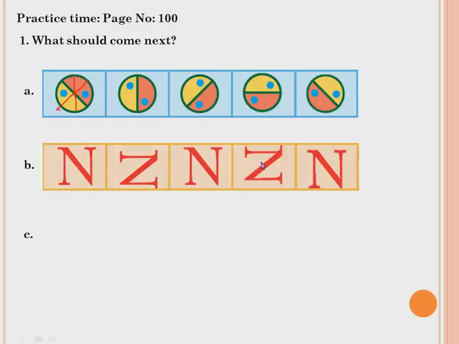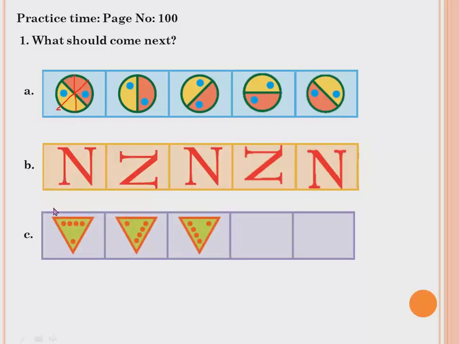Okay. Now next one, here the triangle, the 4 dots are here, and then we turned it in such a way that the 4 dots are coming this side. Then we turned the 4 dots to this side. So again the 4 dots will be this side only. Understood? The same one will come. Again the same one will be repeated.